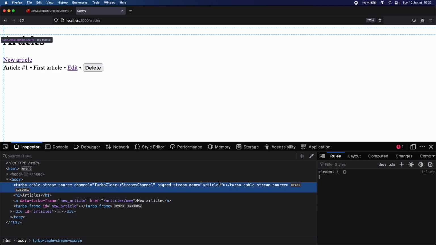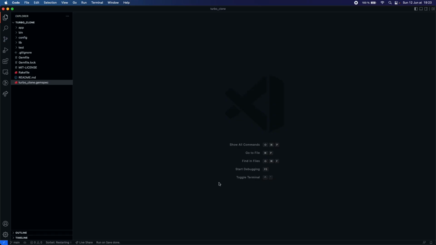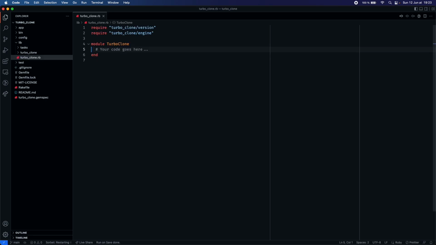And to do this, we're going to rely on ActiveSupport MessageVerifier. But to generate a new ActiveSupport MessageVerifier, we have to have a secret key. And so we are going to store this secret key in the TurboClone module. So what we're going to do is add some module methods here,